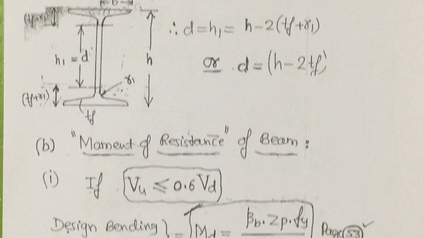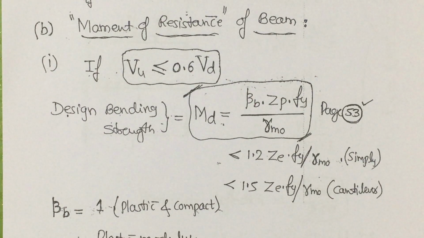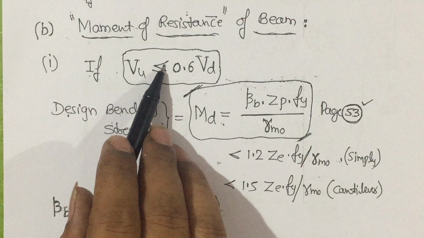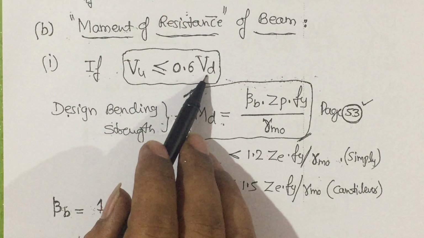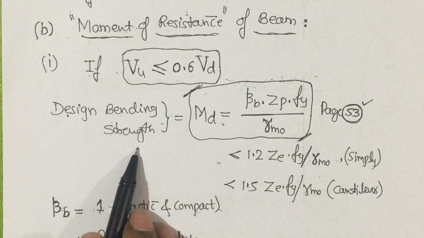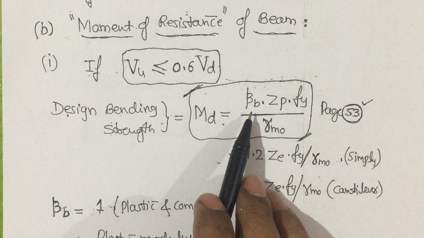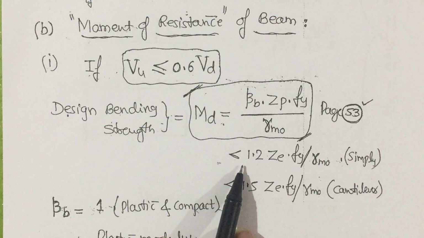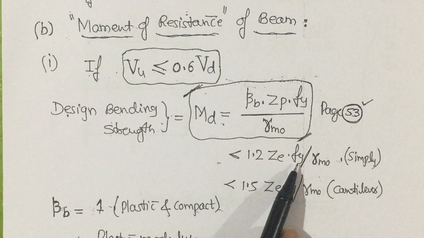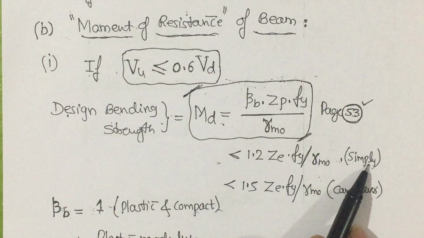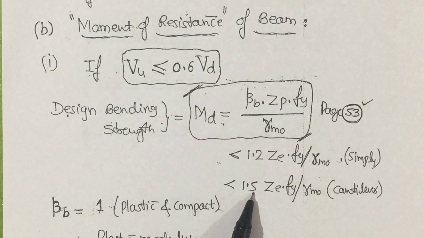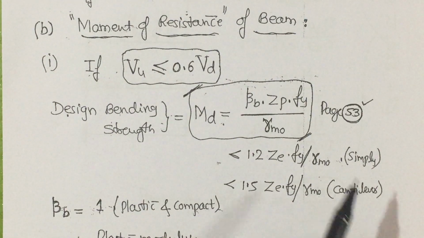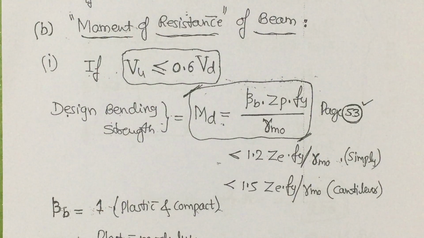Then if we come to the moment resistance of the beam, here we have conditions like if Vu, the ultimate shear force, is less than or equal to 0.6 Vd, the design shear force, then design bending strength Md is given by beta b into Zp into Fy divided by gamma m naught, which should be less than 1.2 Ze into Fy divided by gamma m naught if it is a simply supported beam, which should be less than 1.5 into Ze into Fy divided by gamma m naught if it is a cantilever beam. This formula is given in page number 53,